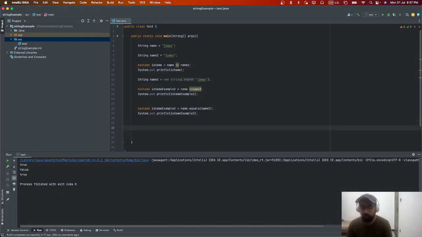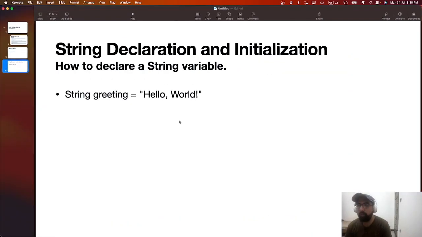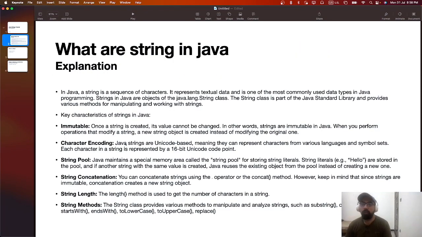Apart from this one, we can use length to find the length of the string, and we can also use all the other features as mentioned in the slide. So the most important thing in string was to grasp the concept of the